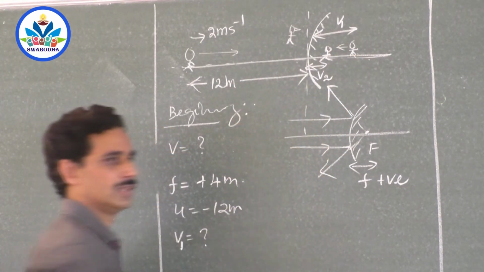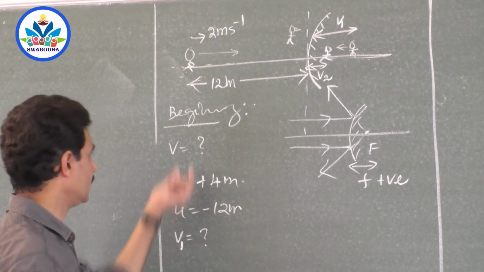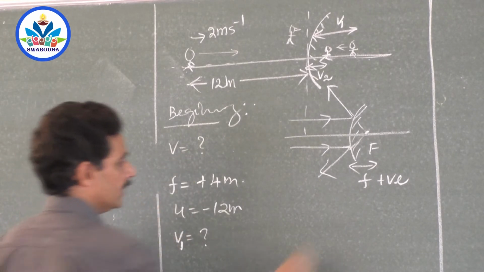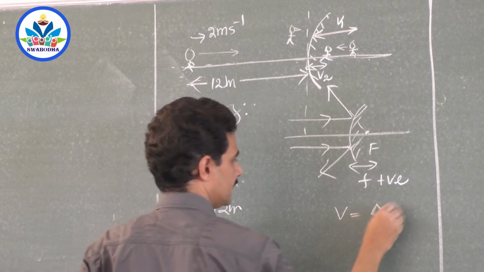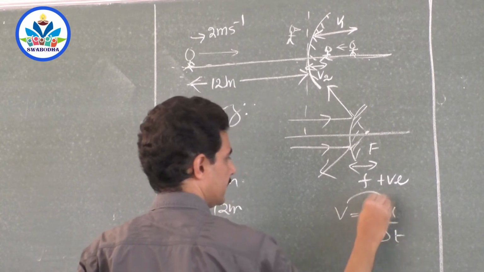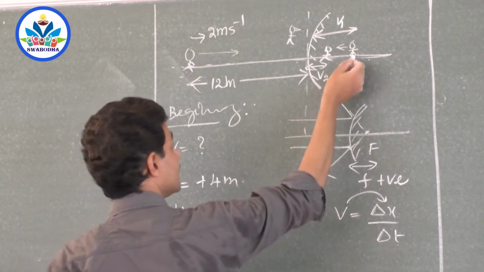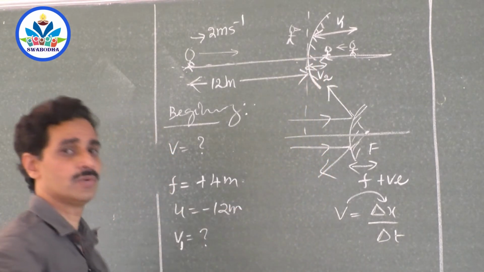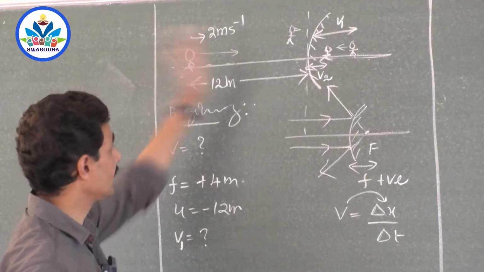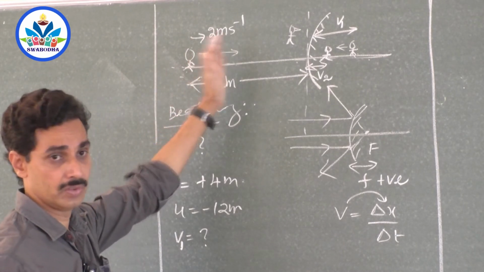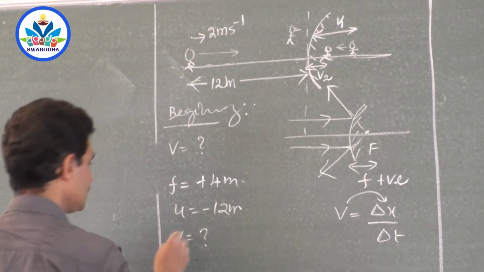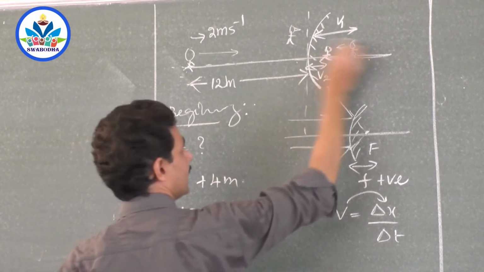That is the velocity of the image, because that is in 1 second. When you calculate everything in 1 second, velocity itself will be the displacement, right? Magnitude wise they are the same. So in 1 second, what is the shift in the position of the image? That is what you have to calculate. In 1 second, what is the shift in the position of the object? That you can know, 2 meters. So in this one case, what is the image distance? I will calculate this one.